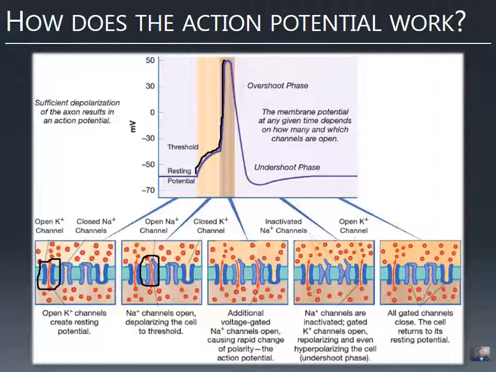But those sodium channels don't stay open forever. They have sort of a deadline. And after that, they start closing. They can only stay open for so long. And at that point, once it's positive enough, then these voltage-gated potassium channels open. And remember, potassium wants to go out of the neuron. And so it's going the opposite direction of sodium, but it's also positively charged.